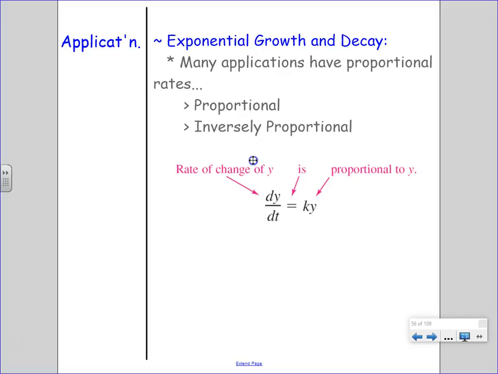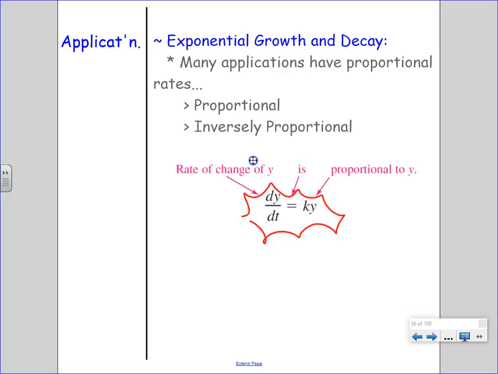So what's so special about this differential equation? dy/dt is equal to k times y. Why does it have its own little section? Because proportional growth, or a rate of growth that is proportional to the amount that you have, is called exponential growth and decay, and it is modeled, it is seen in many different places, many different applications,